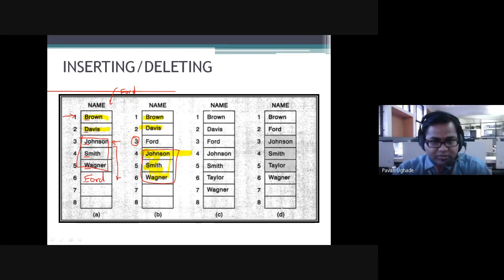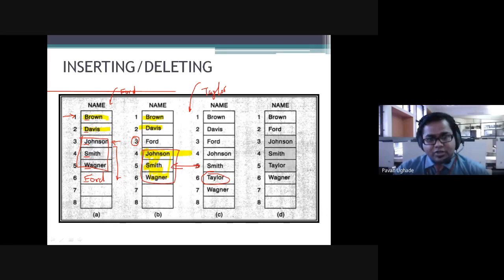If in the same case I want to add Taylor, how will you do that? In the same fashion. At what position will Taylor be added? You can see I have added it at the 6th position. Till the 5th position there is no change.